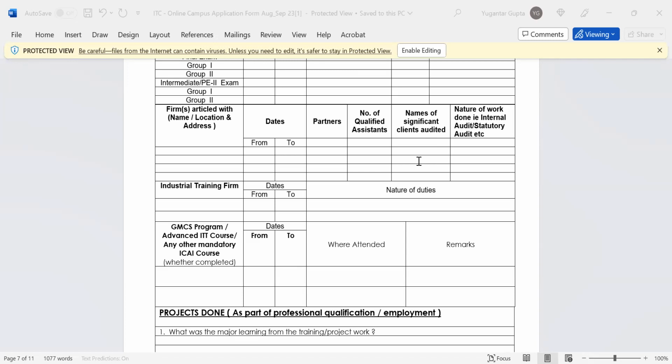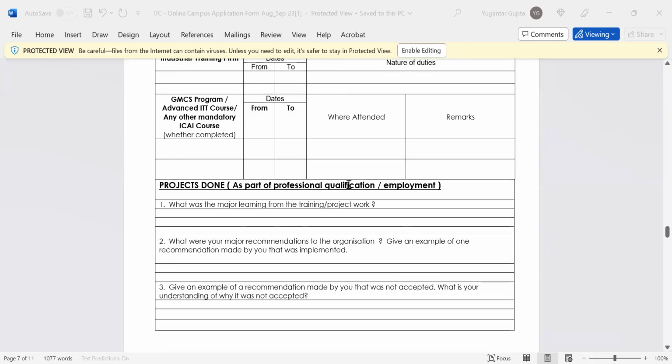Supposing you have mentioned some company here, let's say HUL, for example, one of the clients you have audited. If HUL is mentioned here, then in all these other parts you cannot write that HUL had an audit observation where their procurement process was faulty or something like that. You cannot mention that this was happening with that particular client,